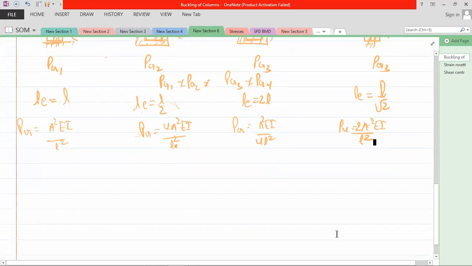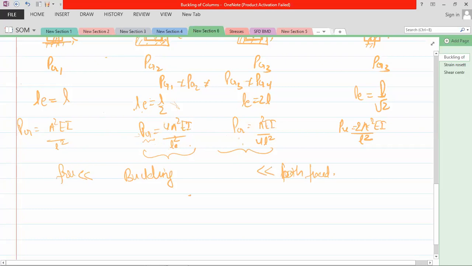Now, what is the meaning of this? That means P critical is very less for the free end condition. So this is very less. That means the free end can buckle even with a smaller load, and the maximum value is this value. That means all the buckling conditions lie between free, which is the minimum, and the maximum condition, both fixed. So the value of P critical lies between this minimum condition and this maximum condition. This is your maximum P critical load at which the buckling will happen.